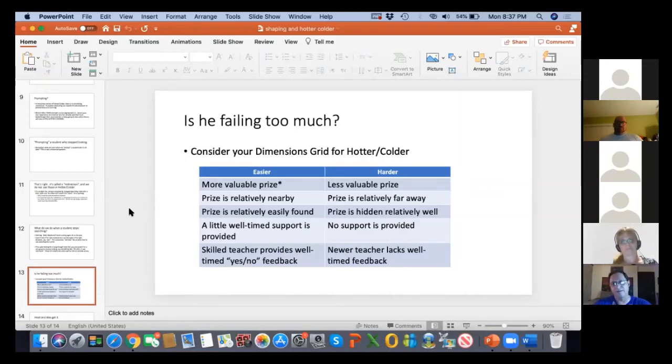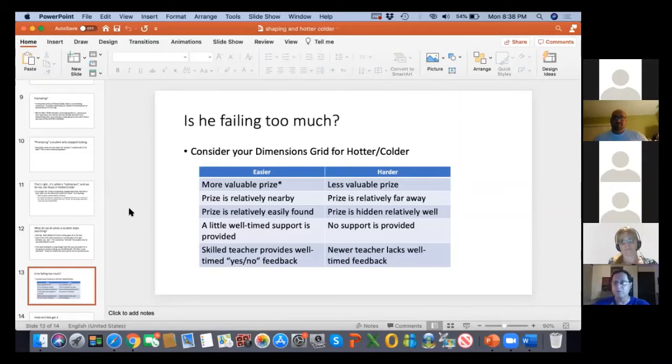We want Tommy to find the iPad. It's easier if it's not as far away, if he really cares about the iPad compared to something else, if it's not hidden all that well, right? It's almost at eye level, just sitting on the edge of a desk somewhere. If it's one of his first times doing this, that might be about how easy it is. Eight feet away, 30 degrees off to your right. So if you get up and take like three or four steps forward, I'm going to be able to say yes, and we're probably going to get to this thing.